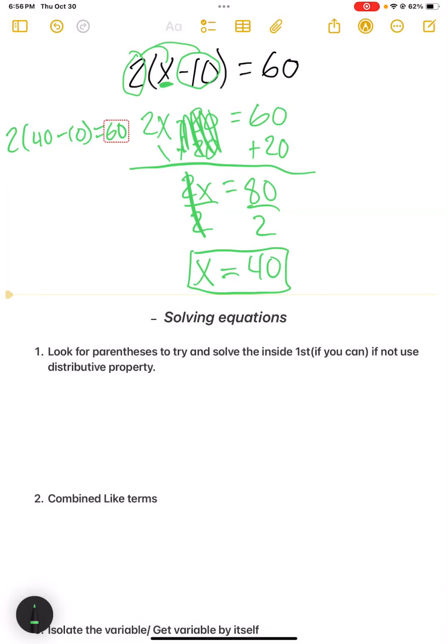Okay, so now we follow PEMDAS again. We can actually do what's on the inside. 40 minus 10 is 30 times 2. Then 30 times 2 would be 60. Is 60 always equal to 60? Yes, it is. So that means 40 is correct. Okay,